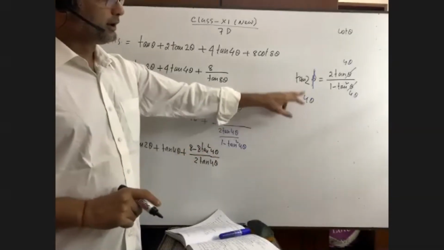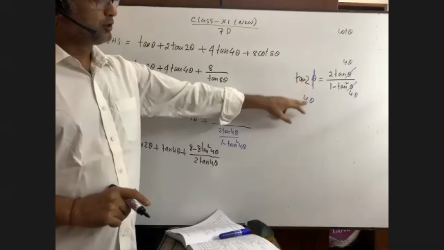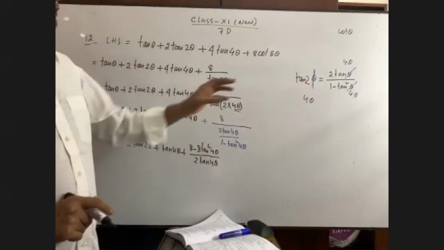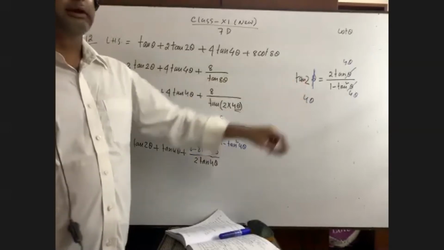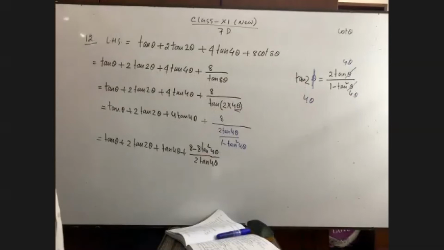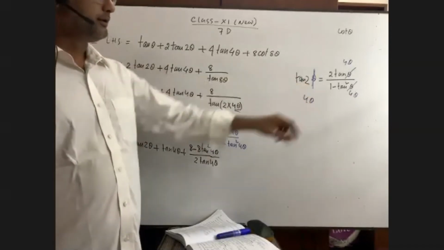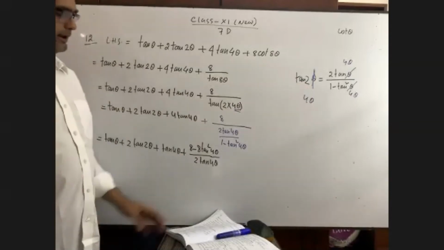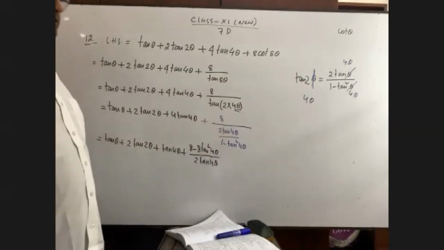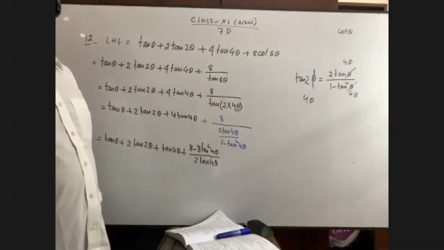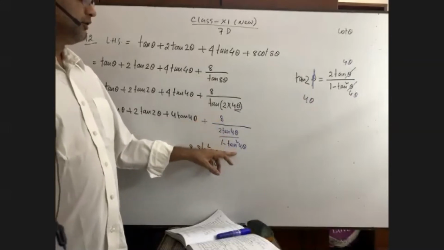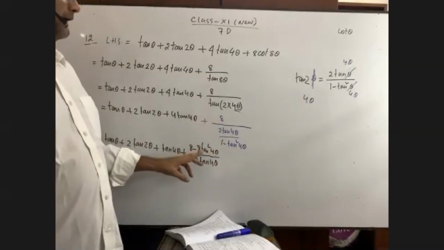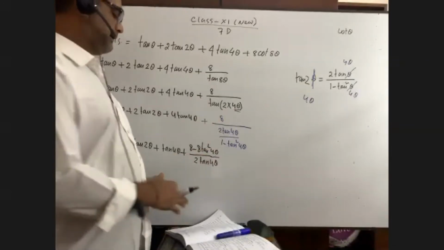Tan 2 into 4 theta. I have written tan 2 into 4 theta. 4 theta only, 4 theta. 2 is as usual. You see, 2 is here. Tan 2 into 4 theta. Here theta is 4 theta. Have you got it? Yes, sir. Here theta is 4 theta. Now what I have done here, this has been inversed, okay? And I have multiplied 8 into 1, 8 into tan square 4 theta, that is 8 tan square 4 theta. Our math is done, okay?